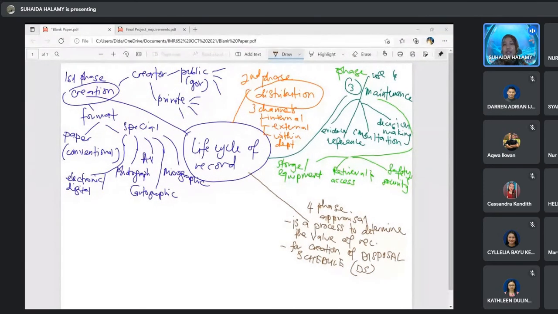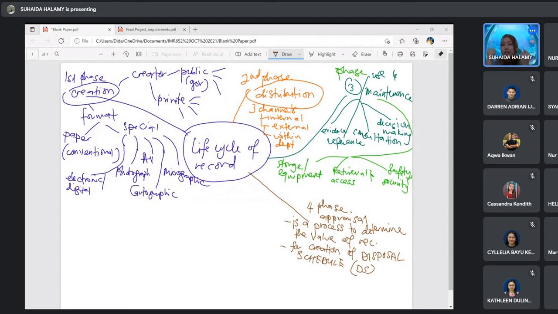Okay, so the process of appraisal ni to determine the value. When we talk about proses ni, dia ada proses yang bermula dan proses berakhir. So at the end of the process, come up with a disposal schedule. Itu hasil dia daripada appraisal process. Hasil dia apa?